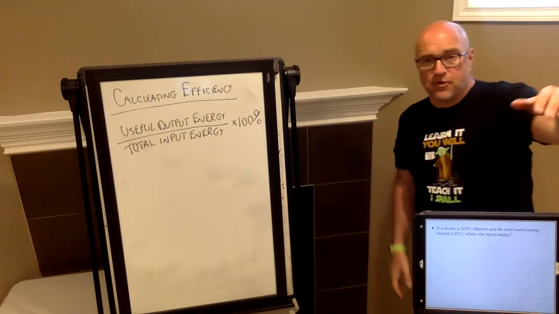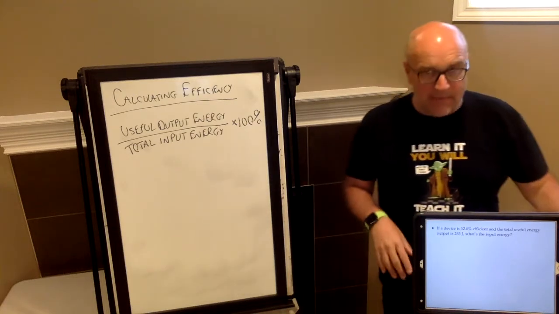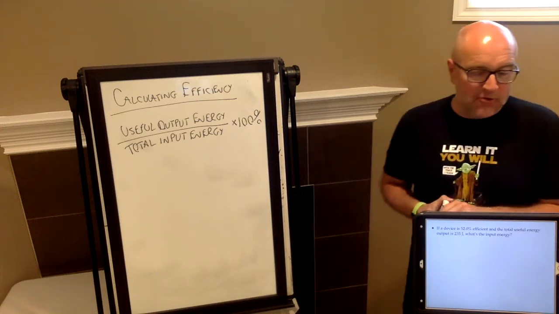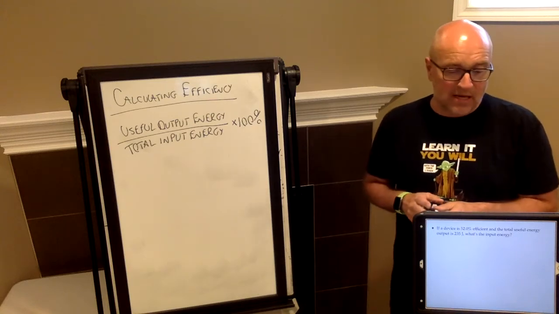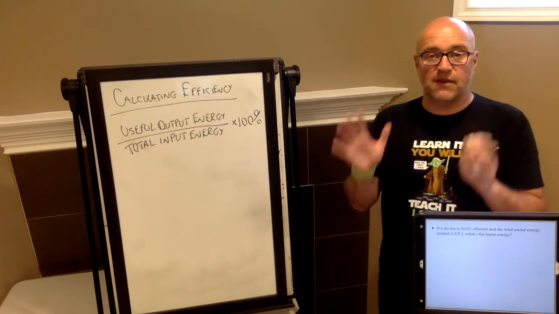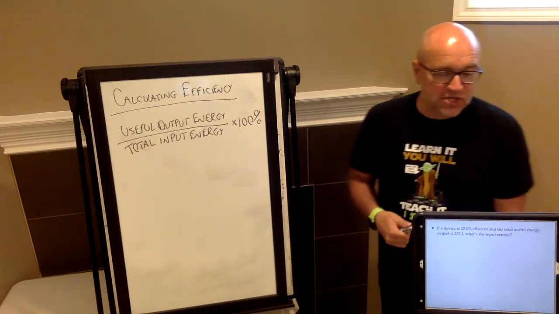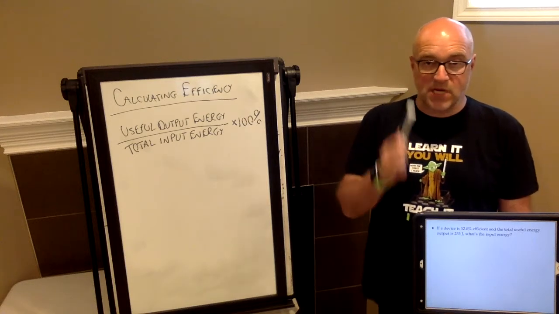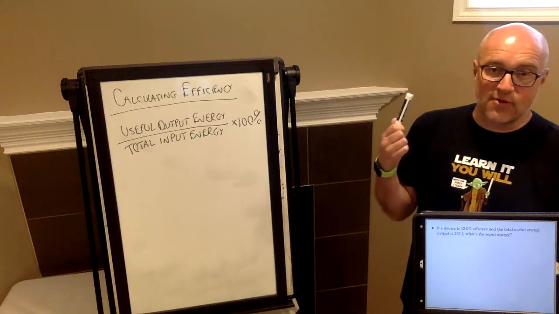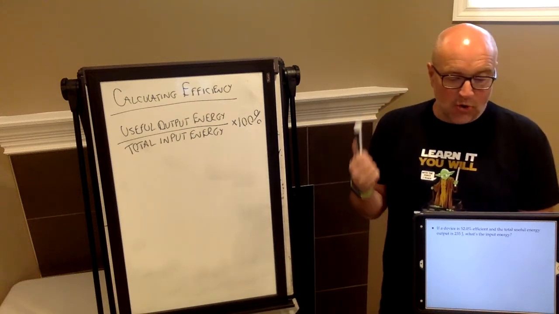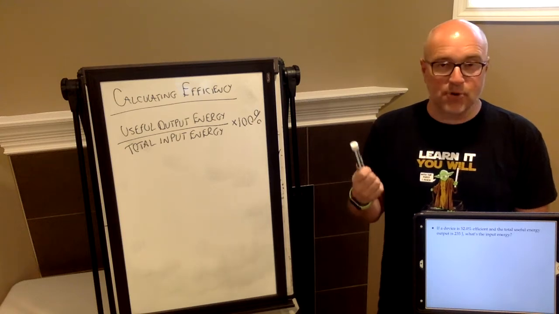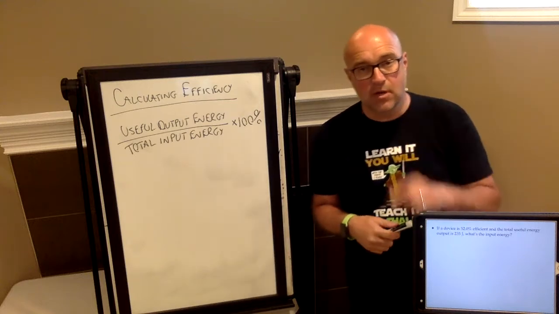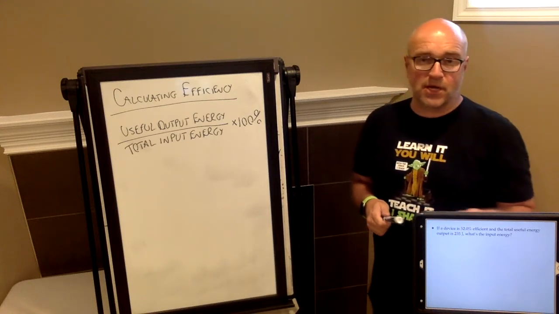Let's do a couple of examples. Here's a couple of examples in the notes here. I won't write it necessarily on the board. I will give you one extra one just for our own purposes right now. If a device is 52% efficient, and the total useful energy output was 235 joules, what's the input energy? One more time, if you haven't got the notes in front of you: the device is 52% efficient, has a total useful energy output of 235 joules, what's the input energy? Pause me if you need to. I'm going to give you the answer in about 2 seconds, and show you how I calculate it.